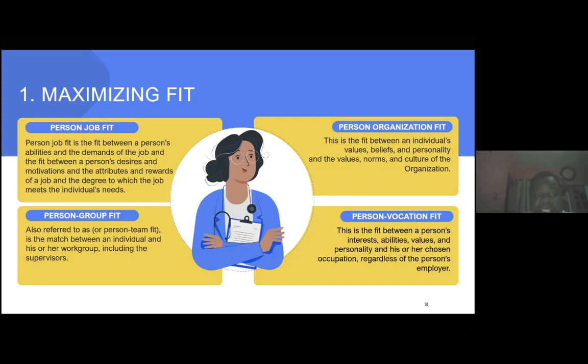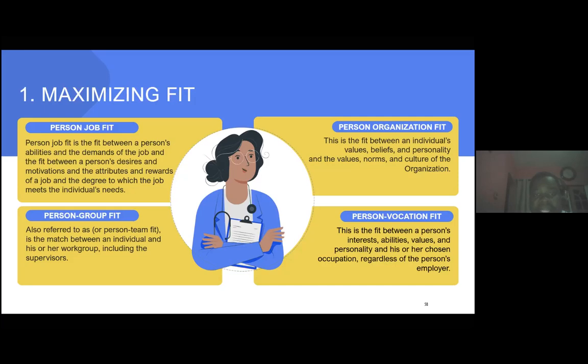So with person job fit, if the job does not meet all the expected needs of the applicant, the match will not be ideal. And if the new employee is not effective, the staffing process cannot be considered as being effective. So person group fit